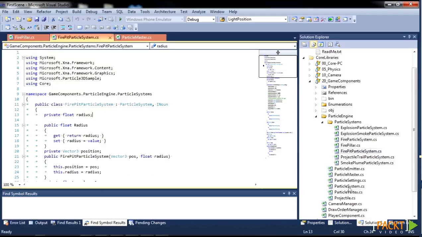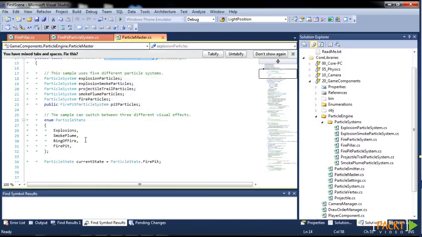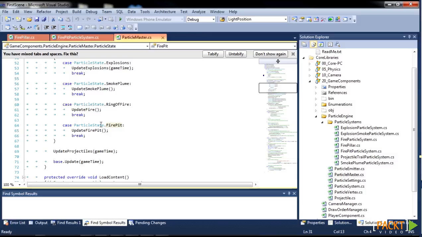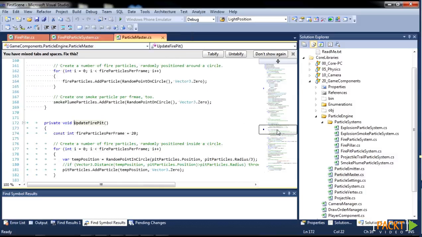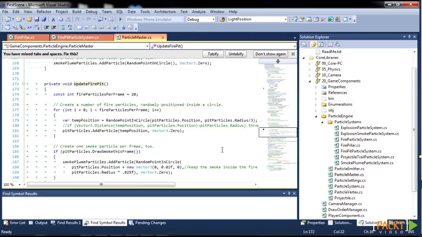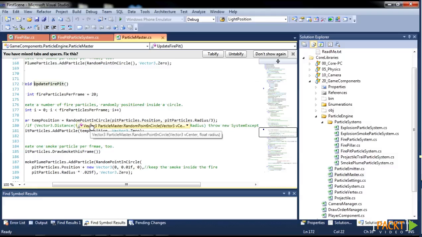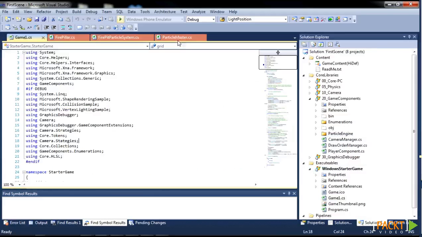I've also added the appropriate code in here to support a fire pit for the particle state, and created a method called update fire pit, which goes through and produces, instead of a random point on a circle, a random point in a circle. Go into our game here, fire this up quick just so I can show you what we've got